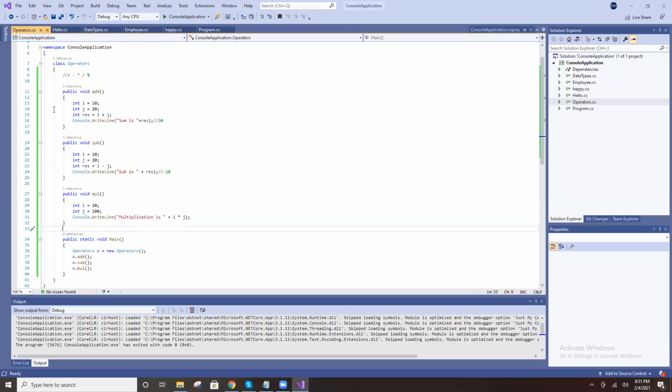Multiplication and addition, these are all done, right? So this is a division. Division means divide. public void division.